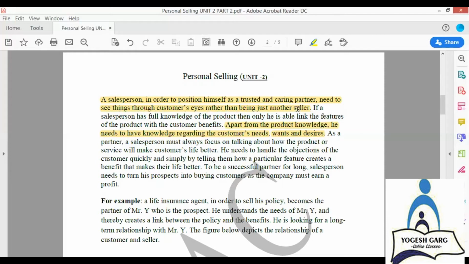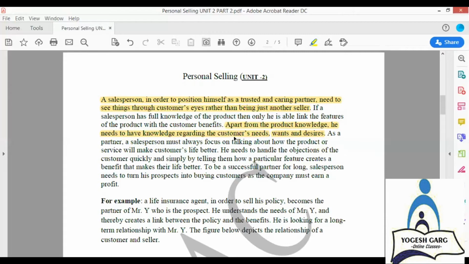So basically, he feels that whenever an agent or salesperson approaches you, he should understand your needs, your point of view, and how much time you are investing. For example, through the conversation, the agent feels that you are not a risk taker. So he should suggest a plan which can give you a guaranteed return. This is something which an agent or salesperson has to remember.